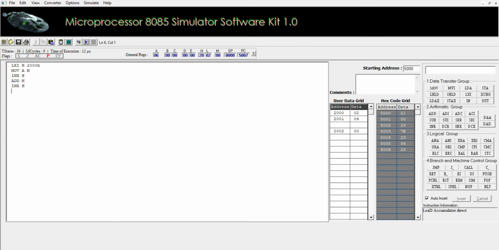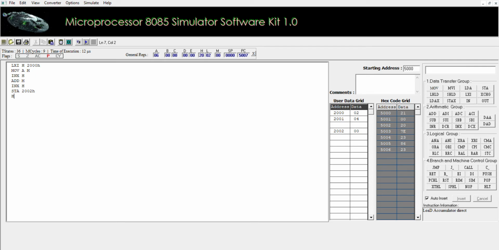Next we use the instruction STA, which stores the content of the accumulator in memory location 2002. It is also a 3 byte instruction, 1 byte for STA, store data in accumulator, and 2 bytes for the address. So this instruction stores the data in memory location 2002.